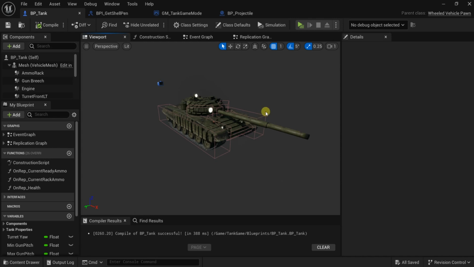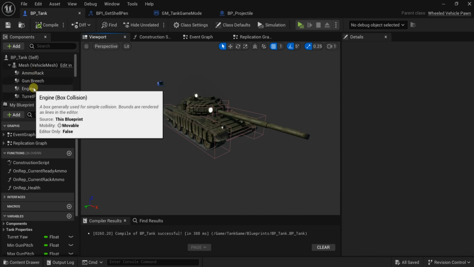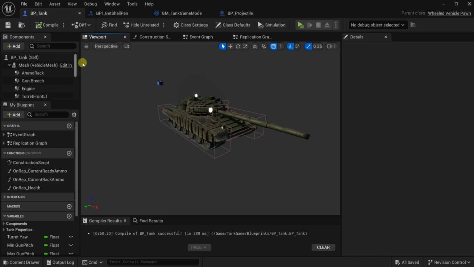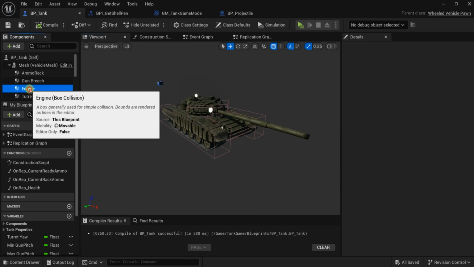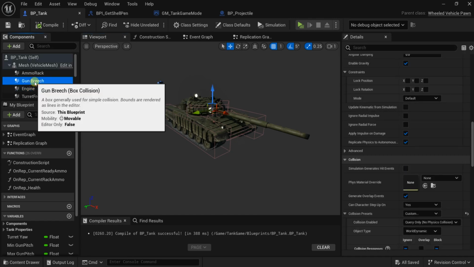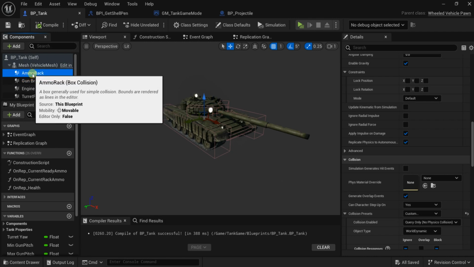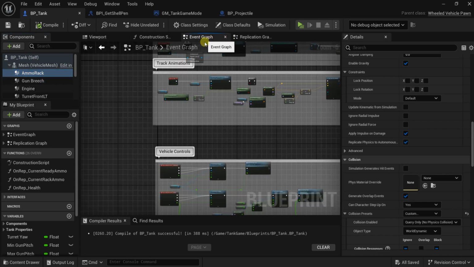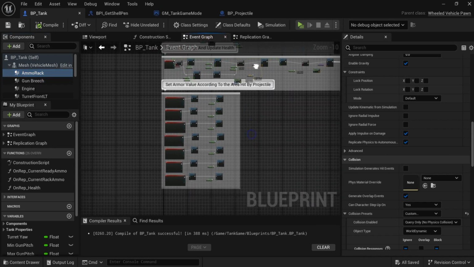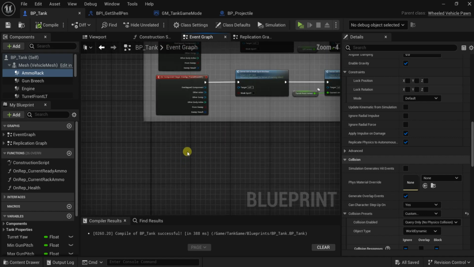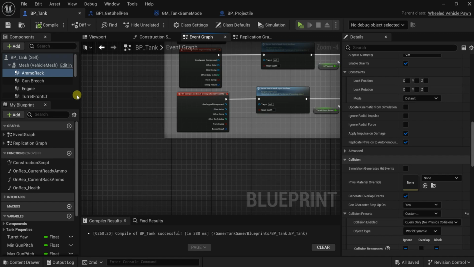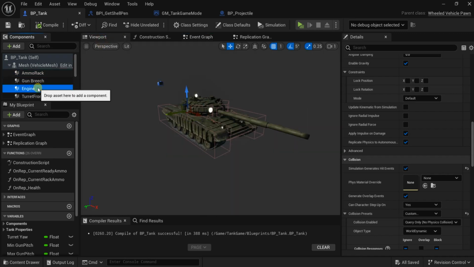In this video we'll continue making our tank and we will continue on making the damage models. Now we'll make the behavior of these models when they are hit, so that when the engine is hit the tank will not be able to move, and if the gun breech is hit it will not be able to shoot, and if the ammo rack is hit it will be destroyed immediately. So before we start with making the code, we need first to make physical material, because I will assign